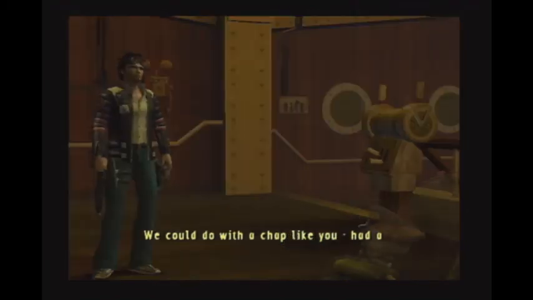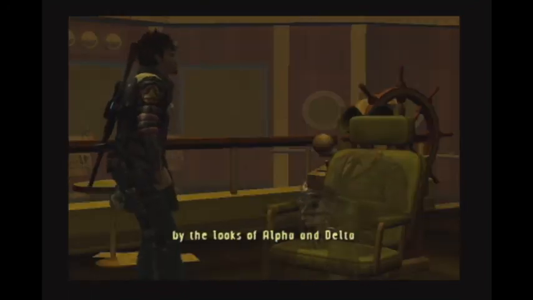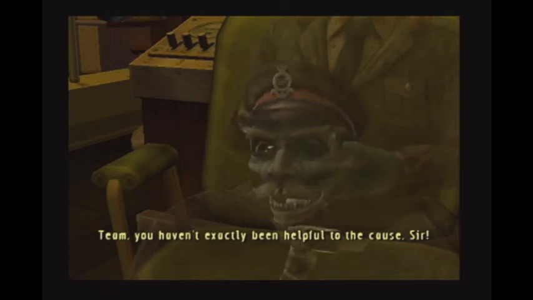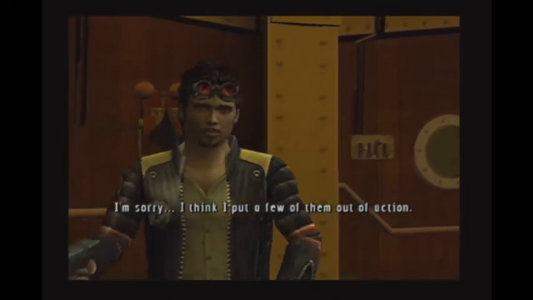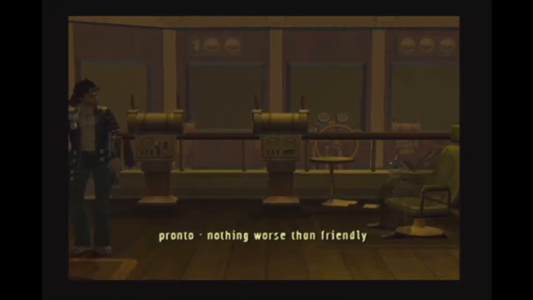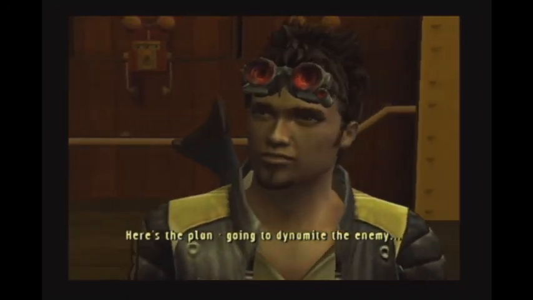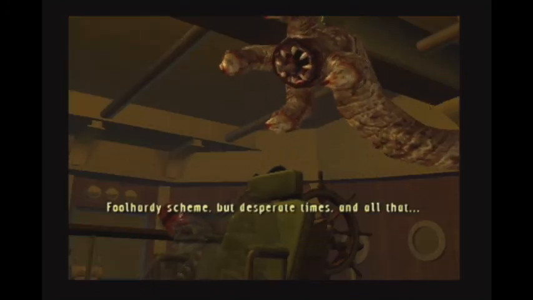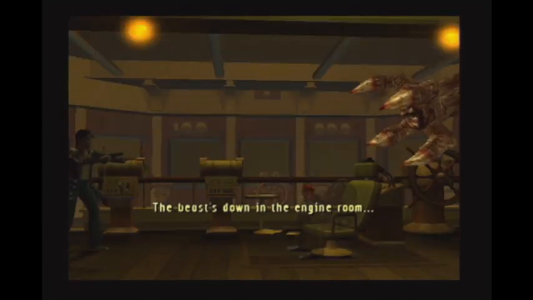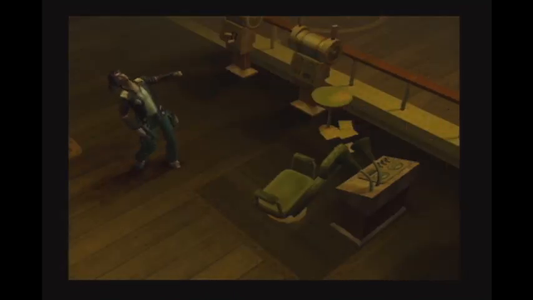Ghosts. We could do with a chap like you. Had a yak alongside once before. Jolly good egg. Really? All in my dispatches. Now then, by the looks of Alpha and Delta team, you haven't exactly been helpful to the cause. I'm sorry, I think I put a few of them out of action. Chin up, soldier. They've gone to a better place. Maybe. It's over. Well, I'll call my men off pronto. Nothing worse than friendly fire. As Nanny used to say, don't bash Bernie, he's your brother. Here's the plan. Going to dynamite the enemy. Foolhardy scheme, but desperate times, you all that. The beast's down in the end. But now, a good soldier adapts to the situation and never gets caught out twice. So if you could just...